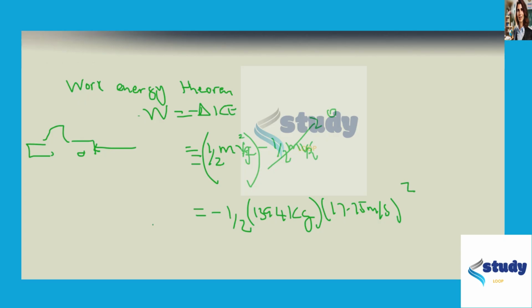One of the things you want to remember is this work is negative because it's in the opposite direction. The car is moving this way, but the force is that way. This is the force, and the work done by this force is going to be negative. So when we plug in those numbers and do the computations, we end up with